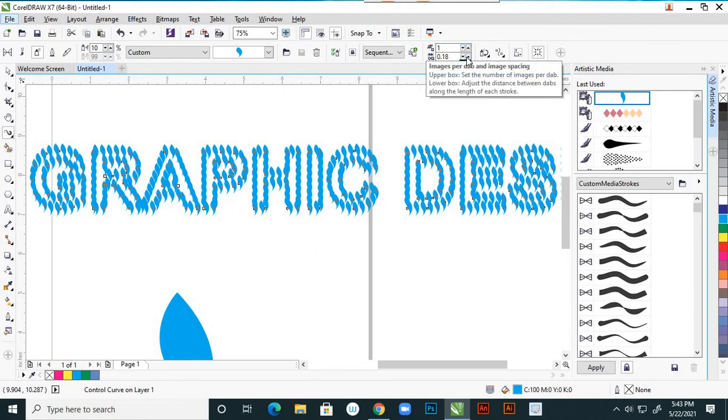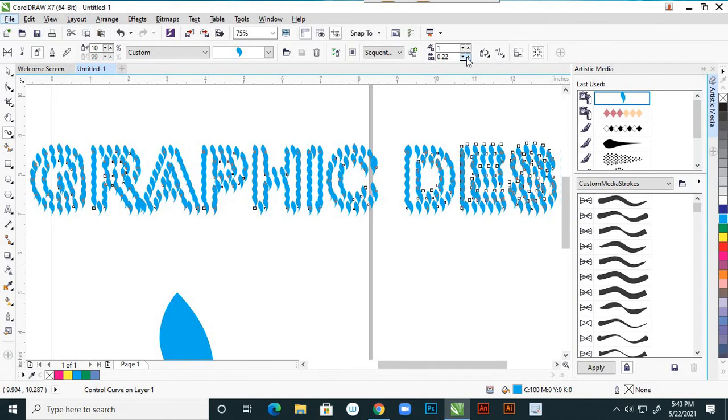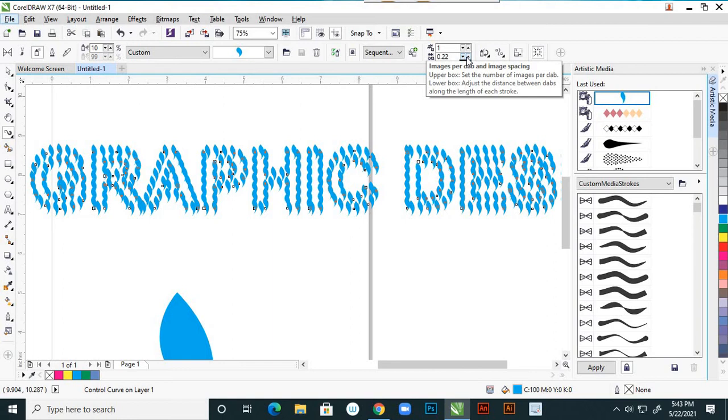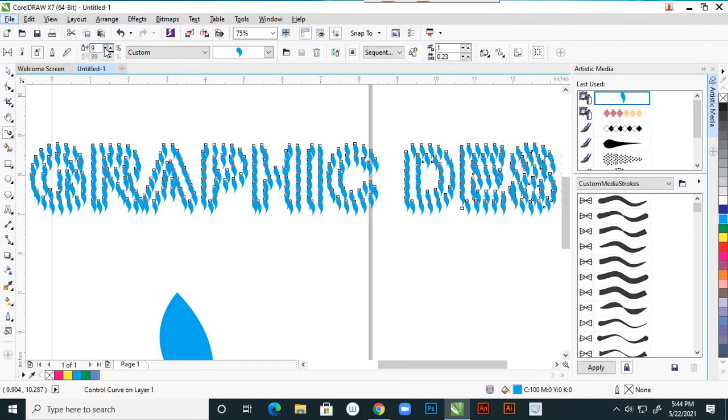Here the lower box adjusts the distance between tabs, right? So the gaps we are increasing, the distance between tabs along with the length of the stroke. Yes, perfect.